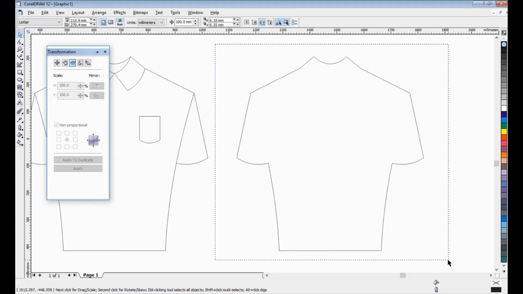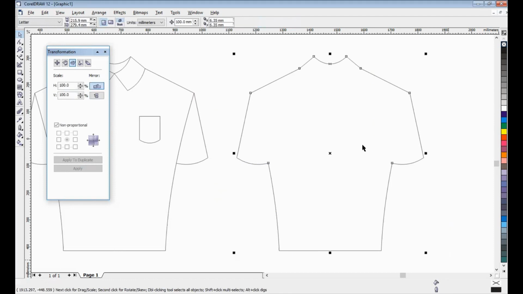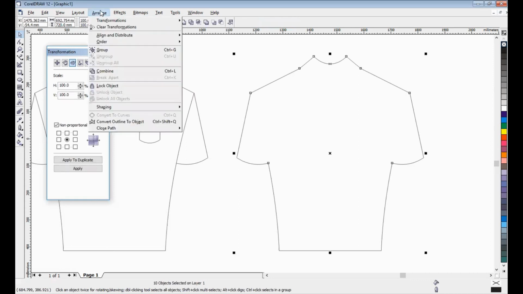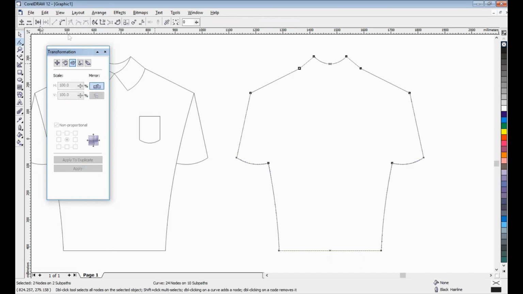Now I want to combine, and then join. Join this node, all nodes, 2 nodes on the other object.